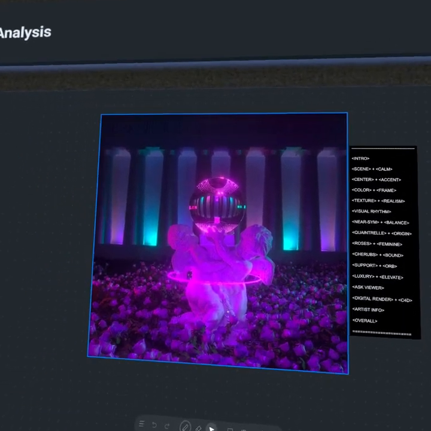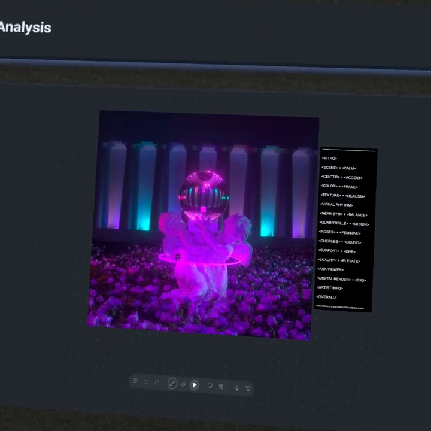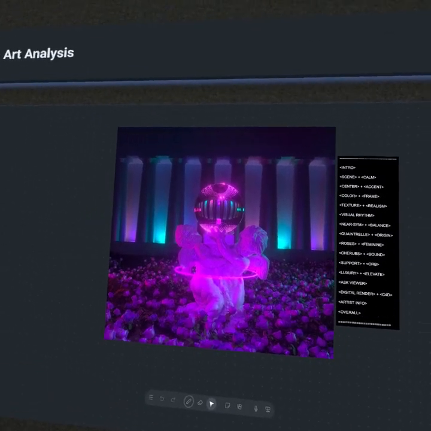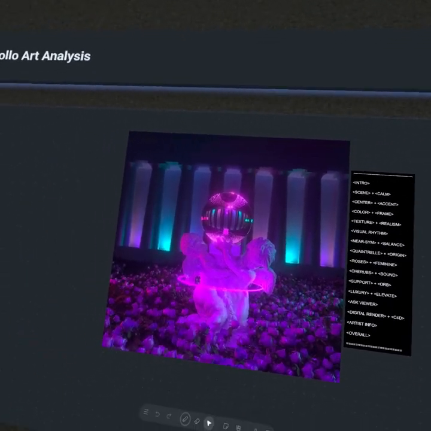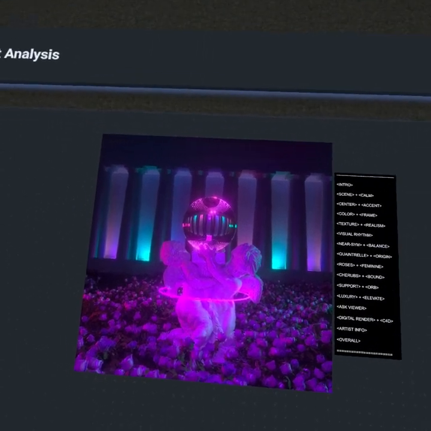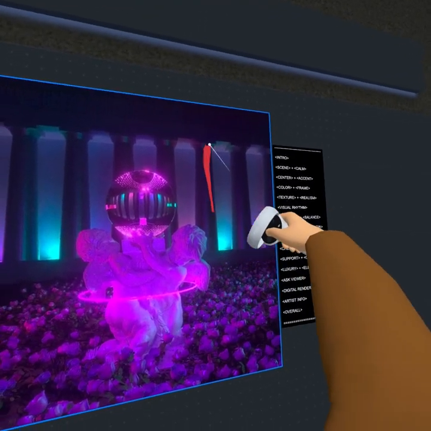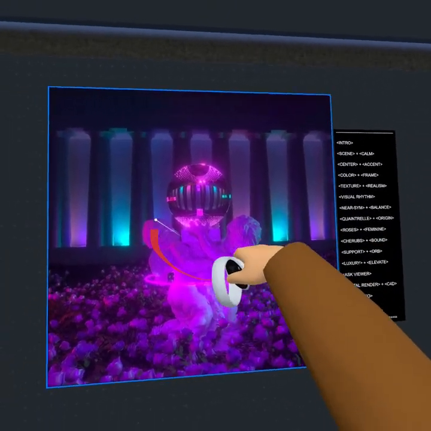So in the realm of color, we see this analogous color scheme. Of course, you have blue and purple, magenta, purple-ish, and you have a little bit of green, kind of a turquoise as well. Those are all very close to each other on the color wheel, so they are going to blend quite nicely in an analogous color scheme. You'll also notice a bit of rarity of color. That kind of turquoise color appears to almost frame and draw our eye towards this region of the